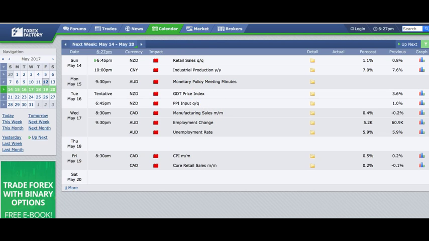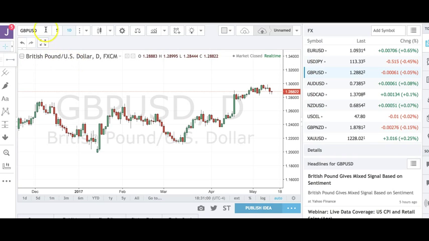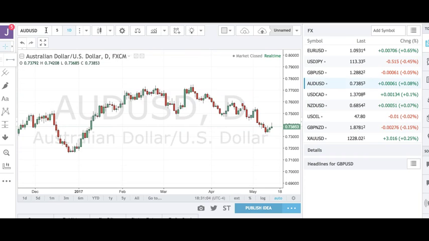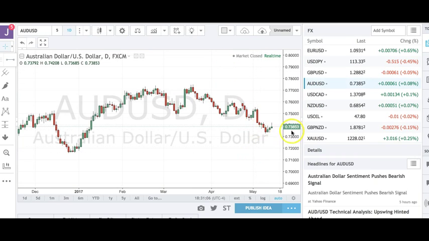Let's take a look at the charts here first, and then we'll come back to the levels. Here's the Aussie. After tumbling down into the lows of 73.50, it found some support, but it's still really shy of the 74. It got rejected at the 74 level. If you're looking at a longer term picture, it's still a very negative construct, still very much a sell-the-rally mode if you are trading on a longer term basis.